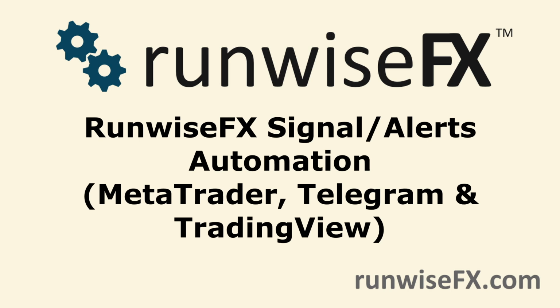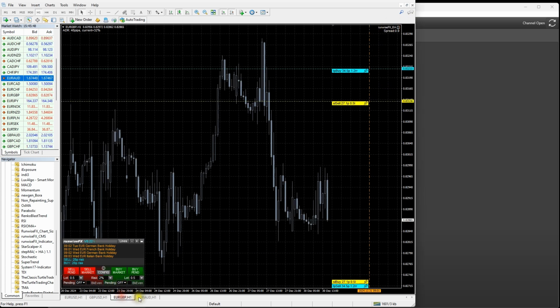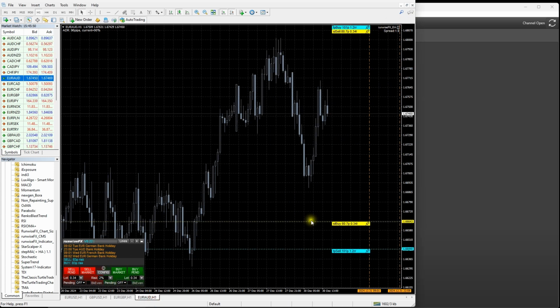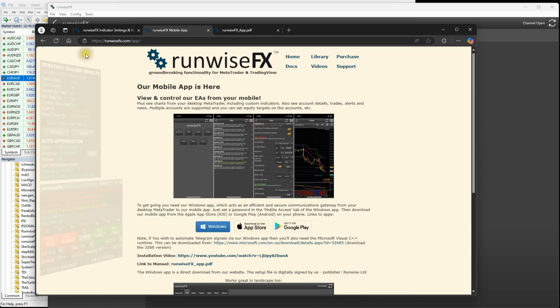We're going to show you our RunwiseFX Signals system, which allows you to automate alerts from MetaTrader, Telegram and TradingView. Okay, so to get going you need to have our RunwiseFX EA running on your charts. So you can see we've got it running there in the corner. And you also need our Windows app as well. And this is available from our website